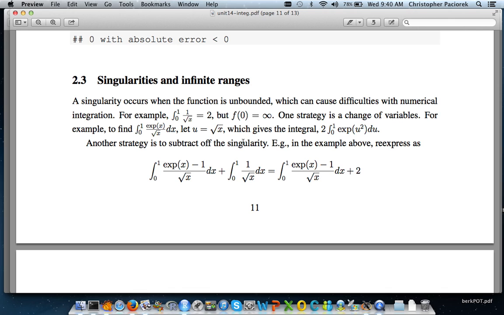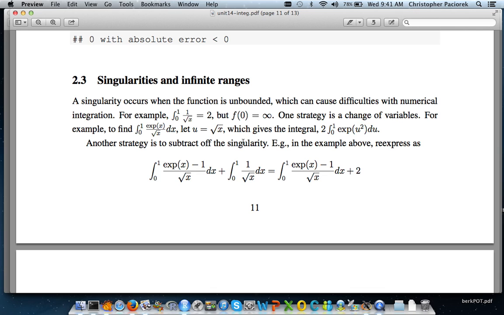that involves a singularity because that's just exp of x multiplied by this function here, which has this difficulty here. So you can do things like a change of variables. So if you change variables and let u equals square root of x, this sort of goes back to your first semester of calculus. You need to do the Jacobian of the transformation, and then rewrite the integral as this,